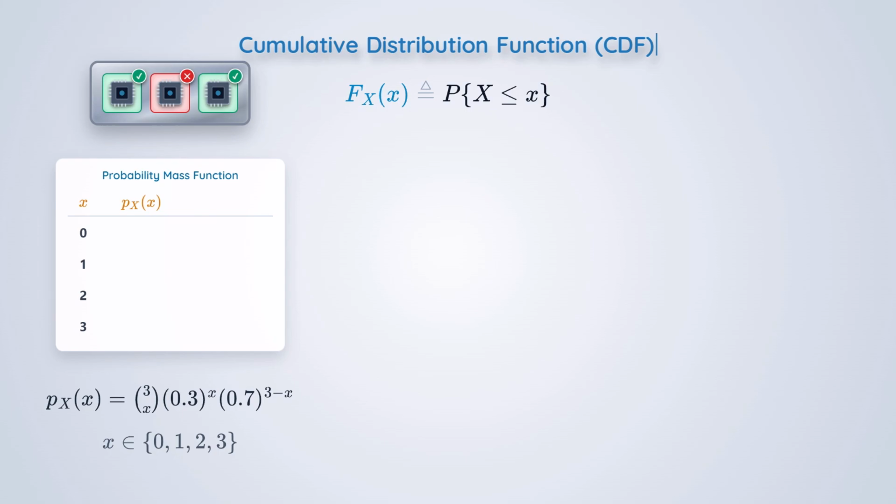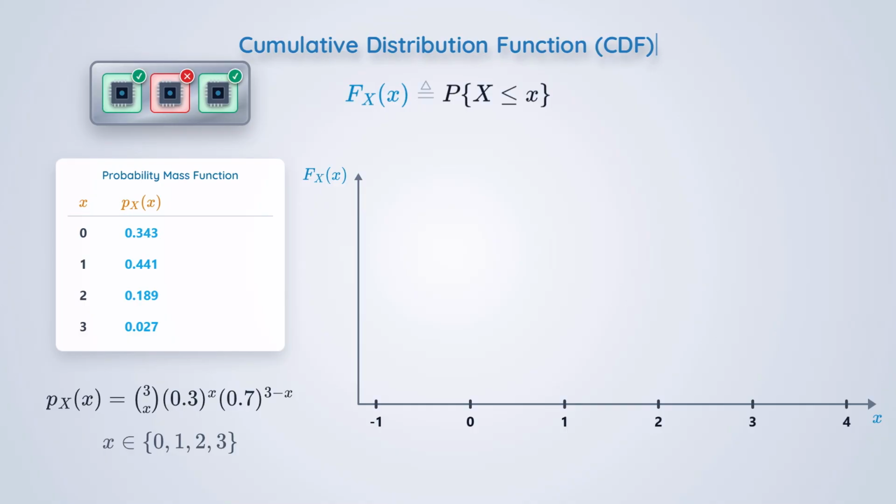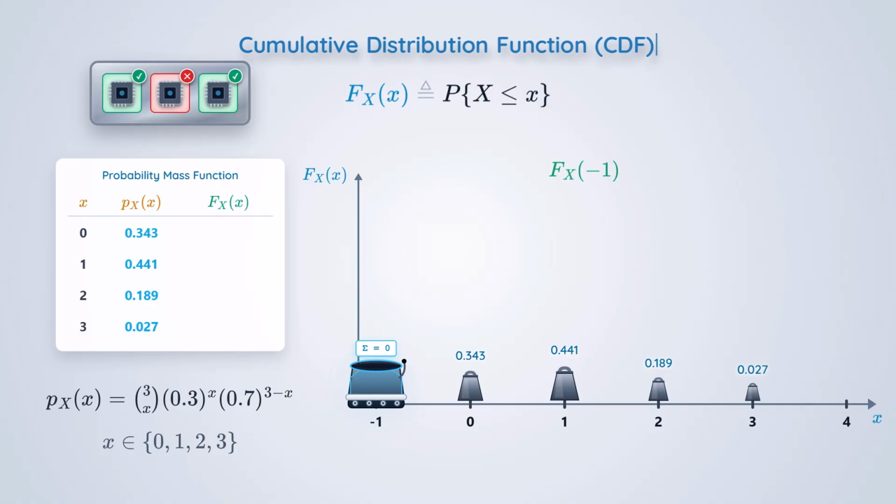Feed the 4 support values into that formula, and the masses fall straight out. Plot them and get ready to accumulate left to right, each probability a weight dropping onto its point. Now, a little cart sweeps that line, scooping up every weight it passes. Before the first value, the cart is empty-handed, so f of minus 1 is 0. The moment it reaches 0, it grabs that weight, and f jumps straight up to